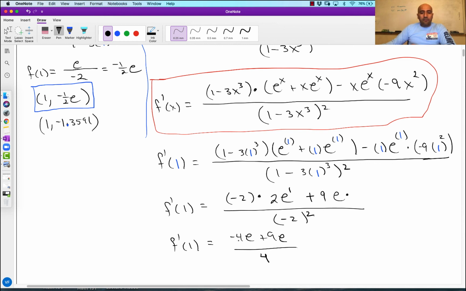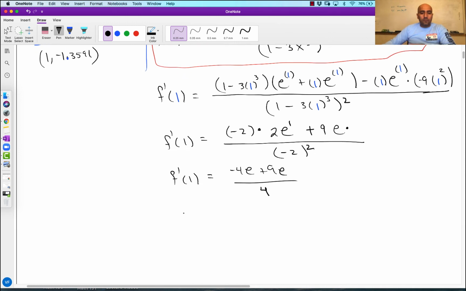And minus 4e plus 9e becomes positive 5e, divided by 4. So it's really equal to 5/4 e. Or this becomes 1.25